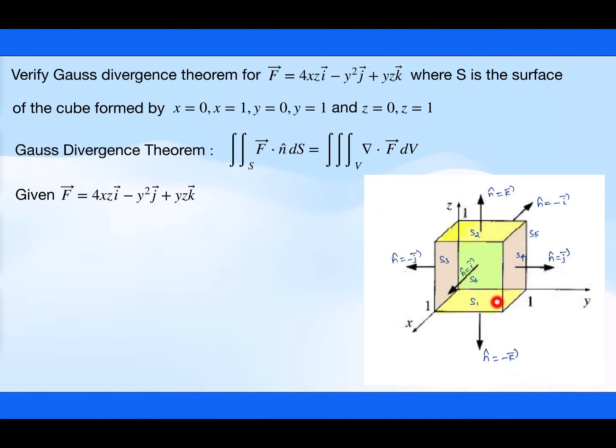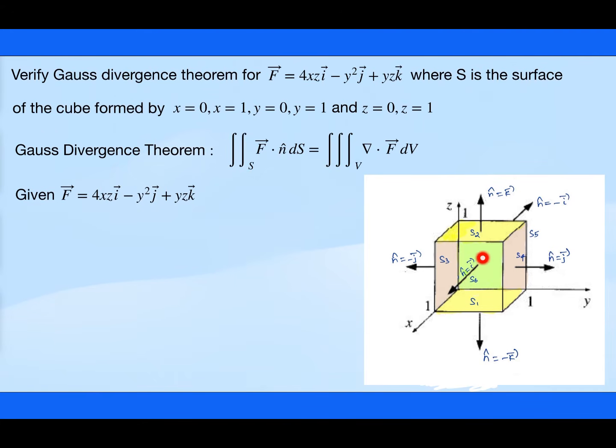So you can see this yellow region which is S1, the surface S1 which is in the xy plane, and parallel to xy plane you have S2 that is also made in yellow color, you can see that. And now you can see the other regions. S3 is this xz plane and S4 is parallel to xz plane. Similarly, you can see in yz plane